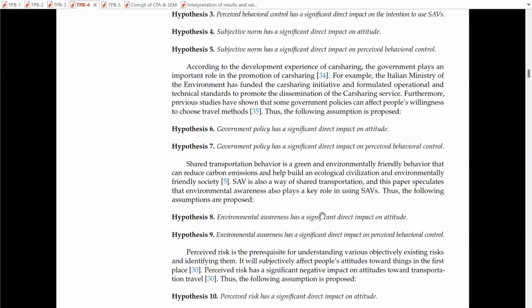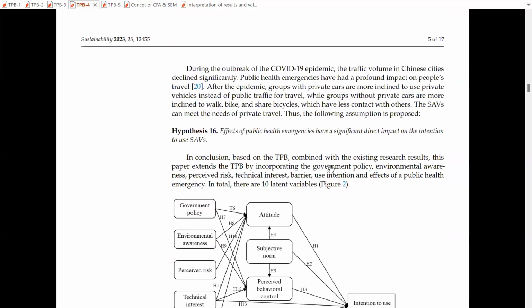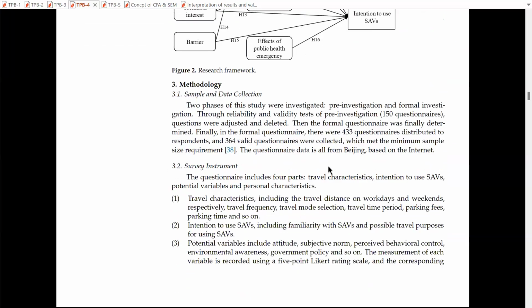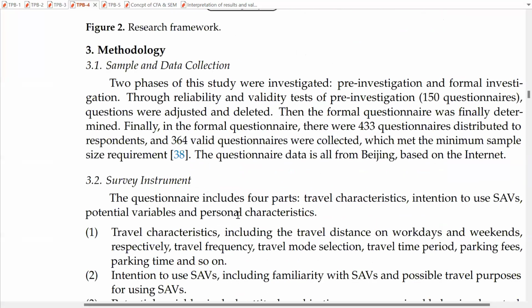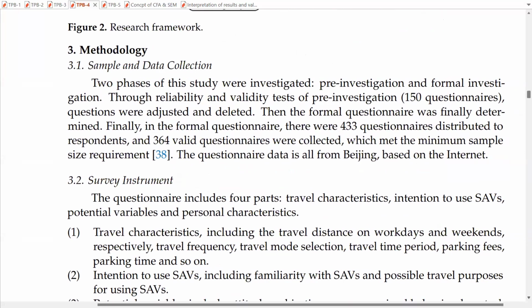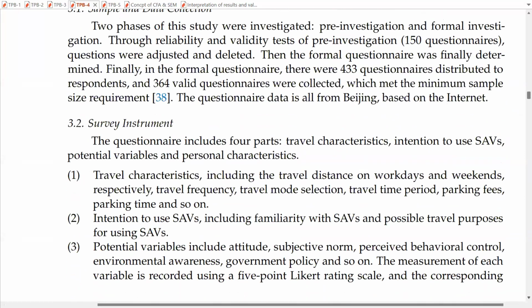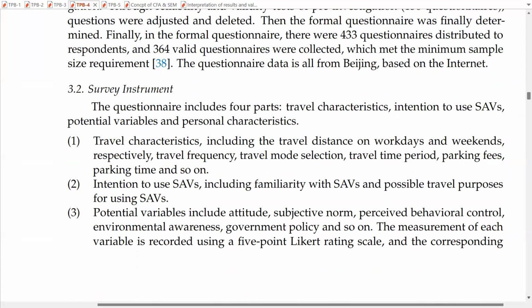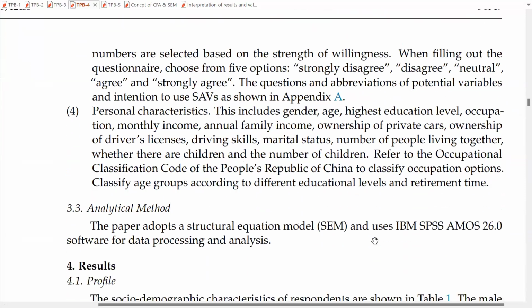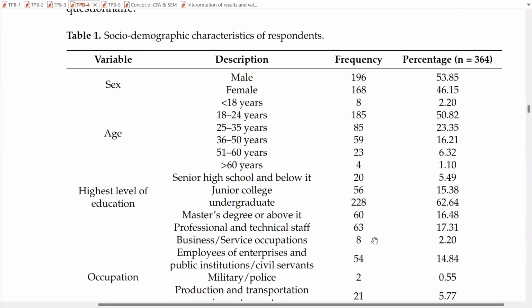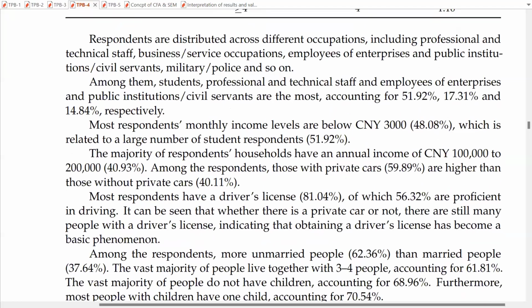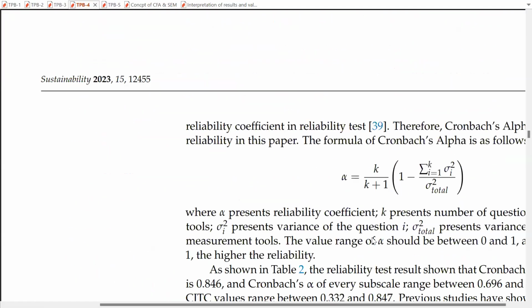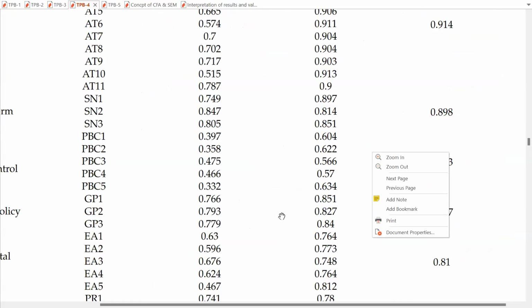Now you can see the research methodology part. How did they develop this research instrument? The survey instrument, the questionnaire, included 4 parts. Is it clear? The 4 parts: one is travel characteristics, second is intention to use SAV, and potential variables include attitude, subjective norm. Then they tested this scale through the measurement model as well as the structural model, and these are the results of the